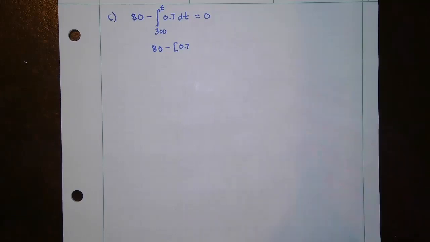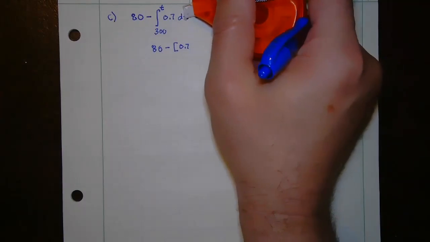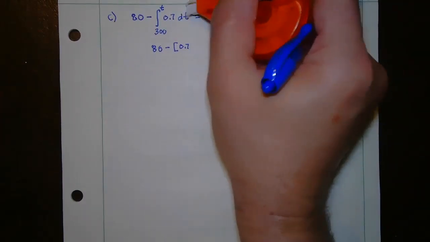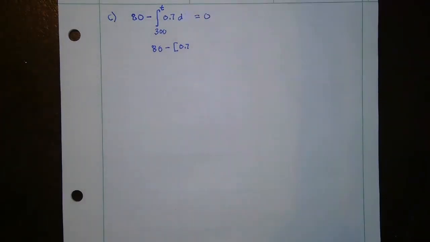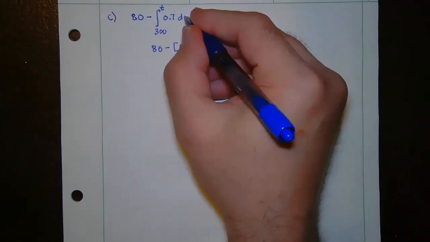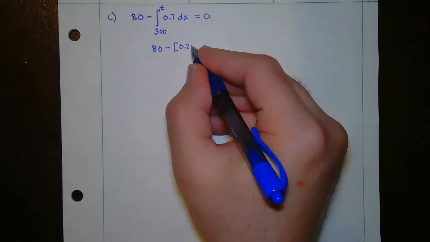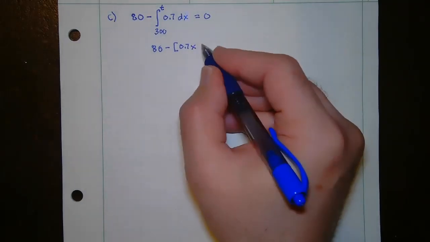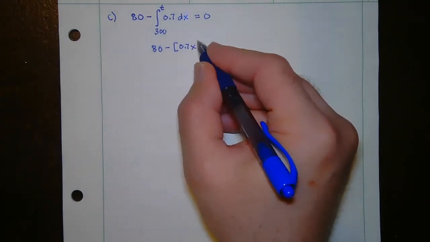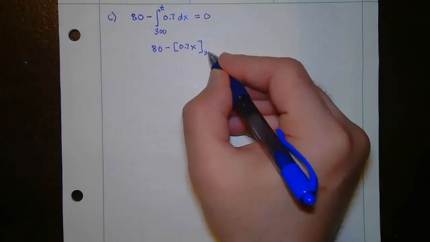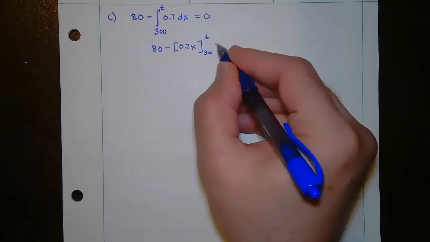And you guys, you know what? I should put dx right here, not dt, for the dummy variable. Let me fix that. If you put t, they're not going to mark off, because they understand that. So 0.7x, okay? And we're going to evaluate that from 300 to t,